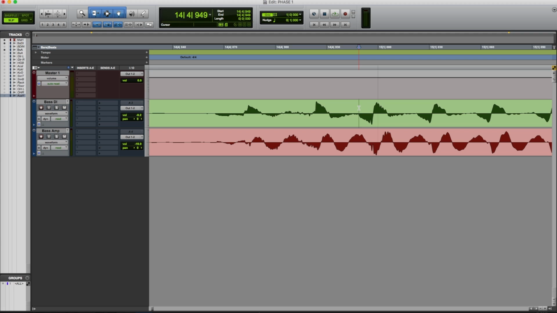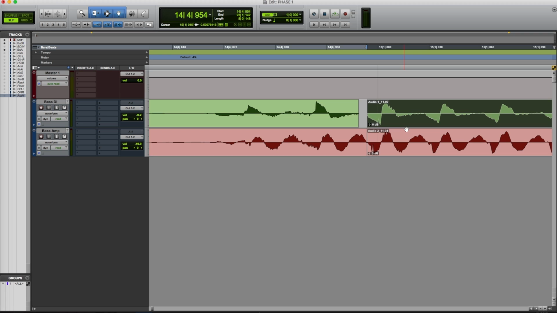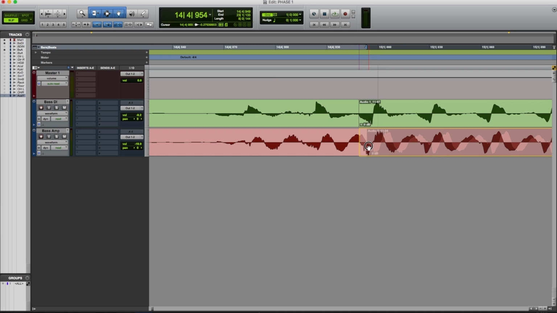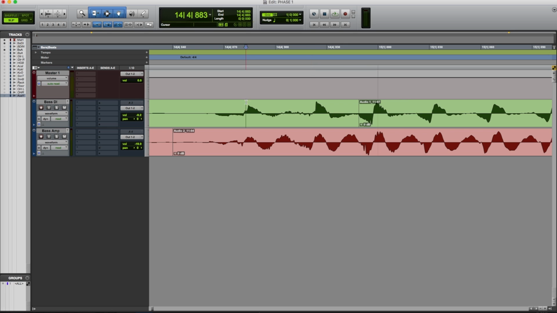Here's the DI. I'm just going to cut this part of the bass amp and bass DI. Now, in the old days, they used to put a delay on the bass DI so it would move back and it would be in phase. You see how it lines up nicely. But you can do the same thing here where you just slide it up into phase and slide out the back part. Then you get both the amp and the DI where they're nice and in phase,